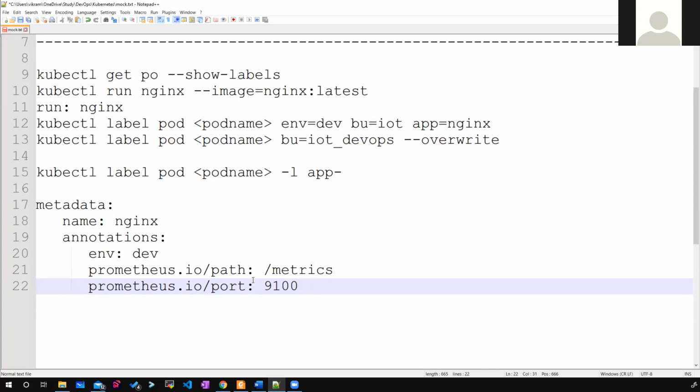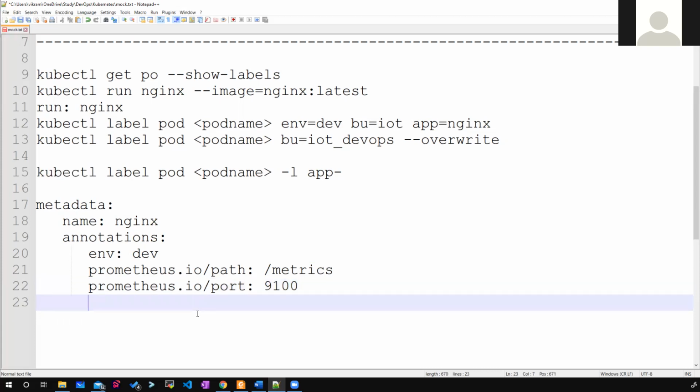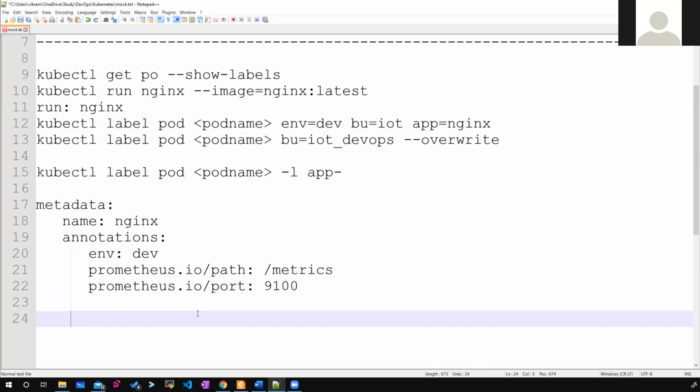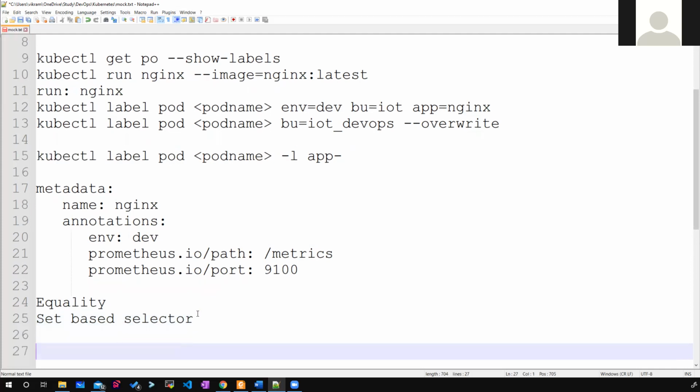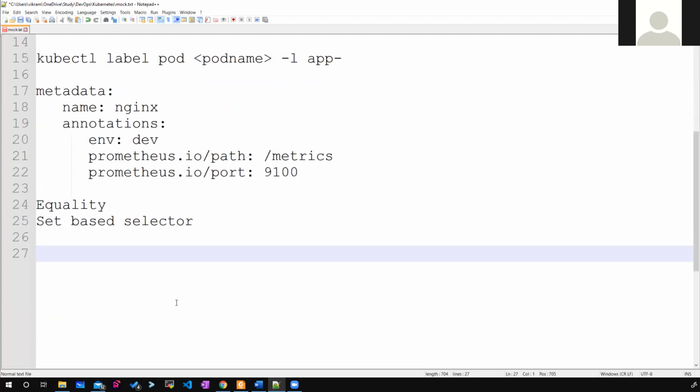Okay, and coming to the types of selectors, I have two types. The first one is the equality based selector, and the other one is the set based selector. Set based selectors are the latest one. Do you know which object of Kubernetes uses equality based and which uses set based?